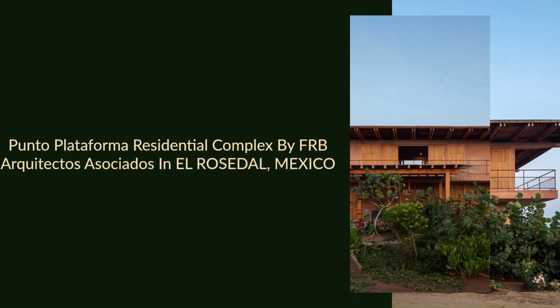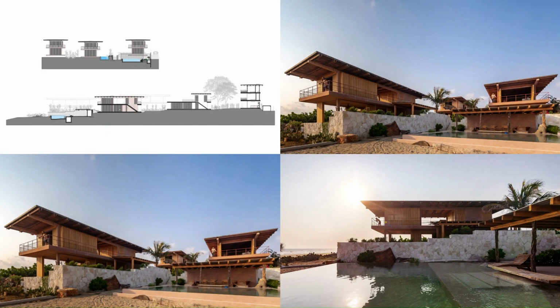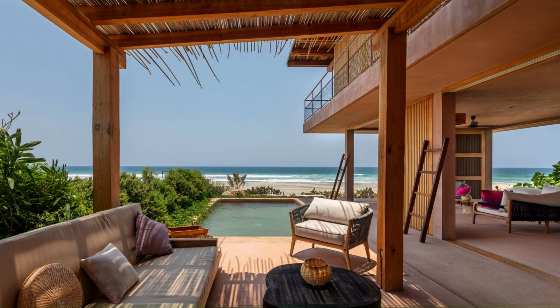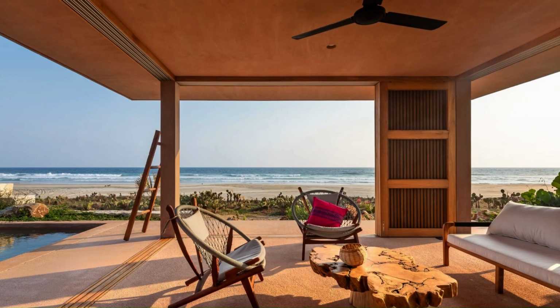Punto Plataforma residential complex by FRB Arquitectos Asociados in El Rosedal, Mexico. Plataforma Point is a complex located in the El Rosedal community, Santa María Colotepec, Oaxaca, on a seaside plot. 8 villas are organically and strategically placed on the orthogonal